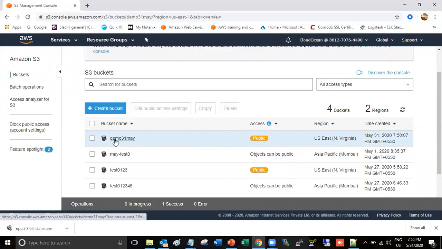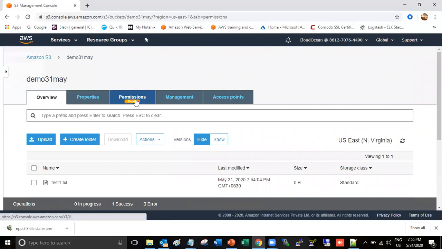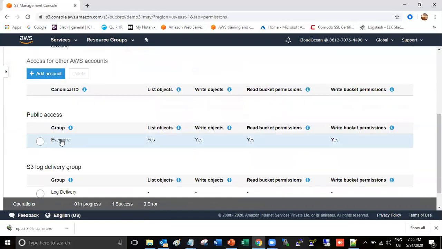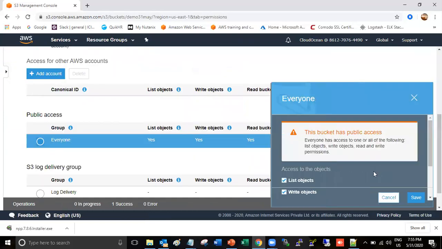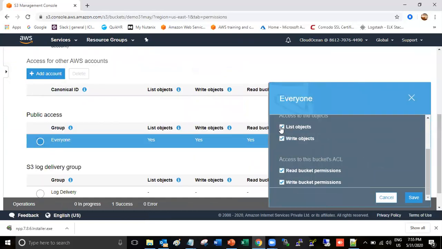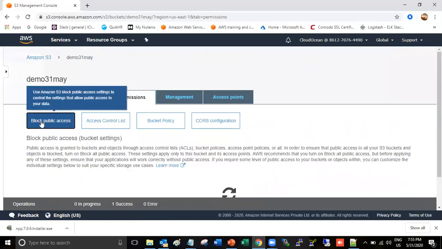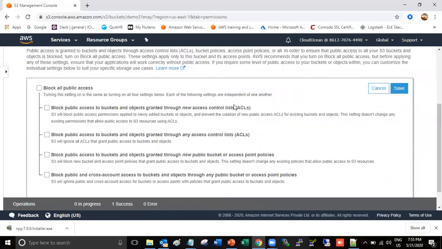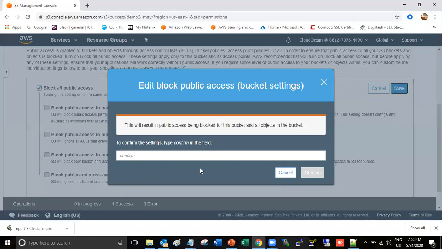So again, if you want to block public access, just go to the permission, the access control list. Again, just untick all those things, save, and in the block option, just block all the public access.